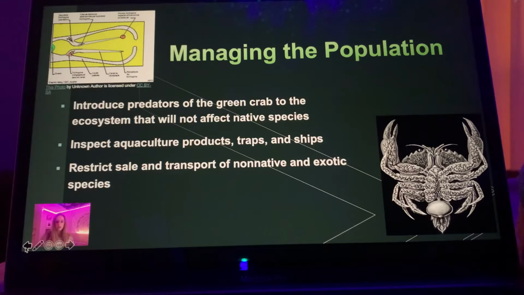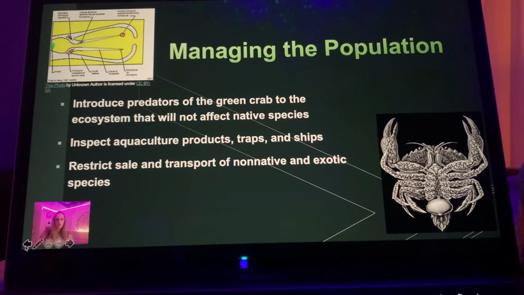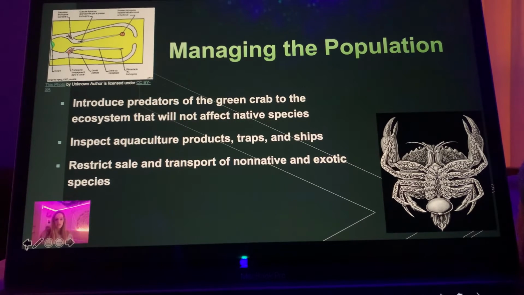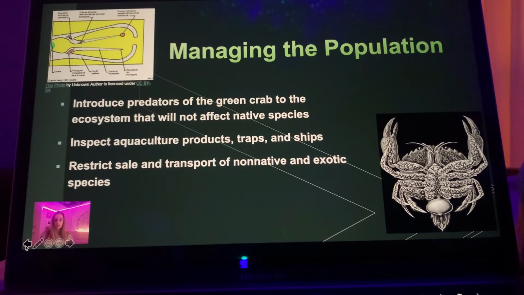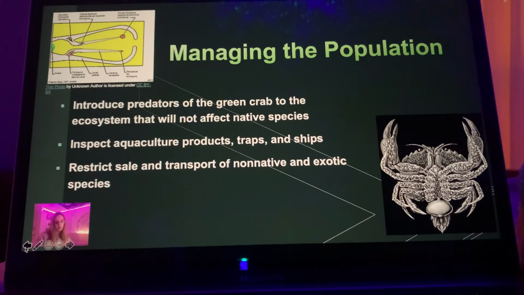Other ways to manage the population include inspecting aquaculture products, traps, and the ships to make sure that no crabs have found their way and are brought to other locations. We can also restrict sale and transport of non-native and exotic species to limit them from making it to other locations. Moreover, other ways to manage the population include